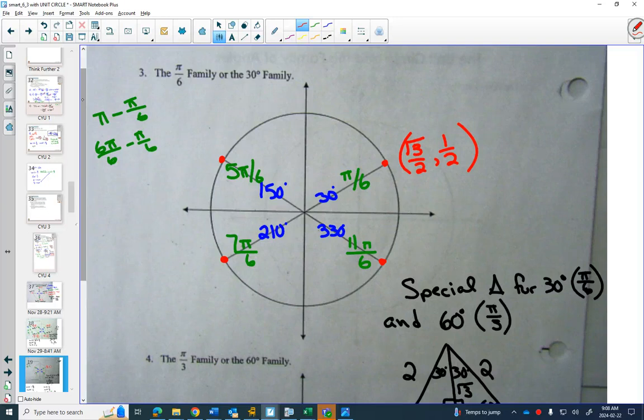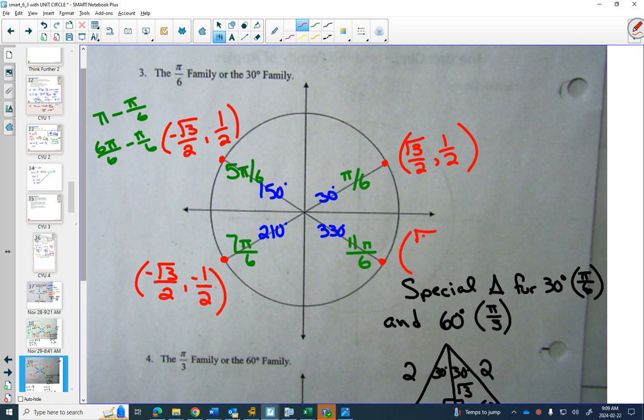How did you do? Did you get negative root 3 over 2, positive 1/2? Negative root 3 over 2, negative 1/2. And positive root 3 over 2, negative 1/2. And finally,